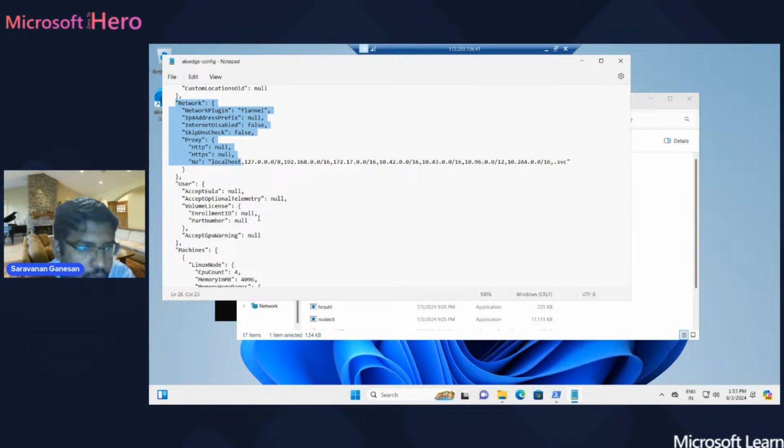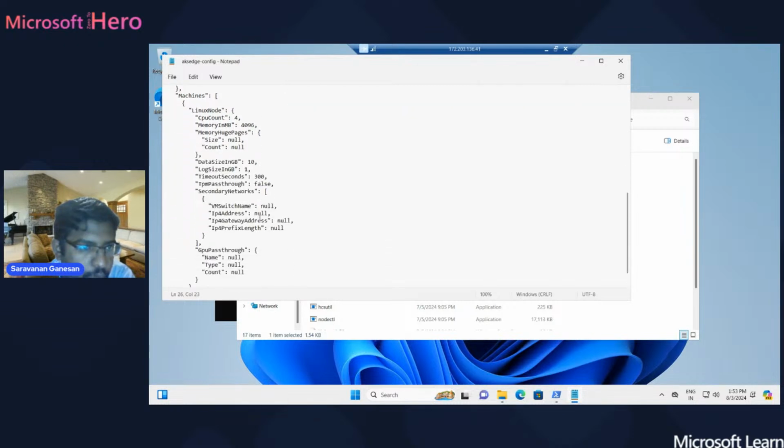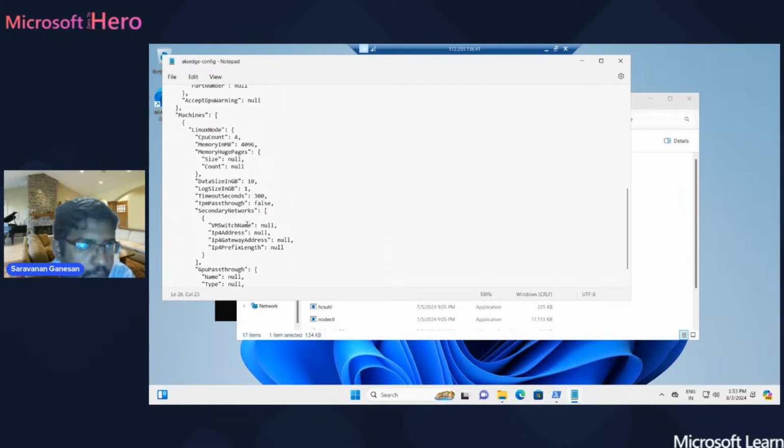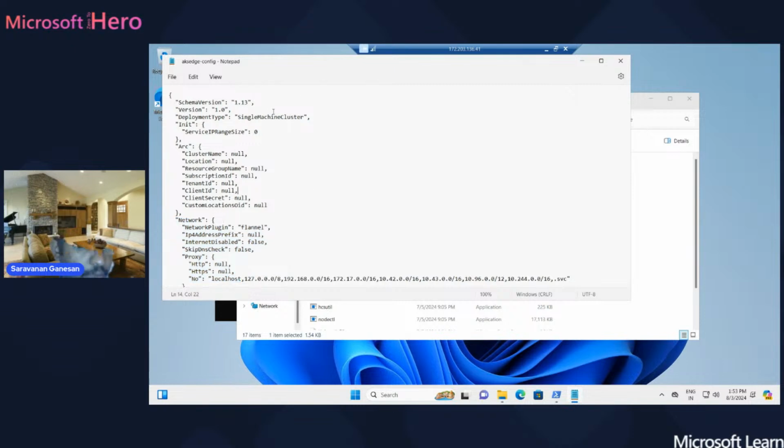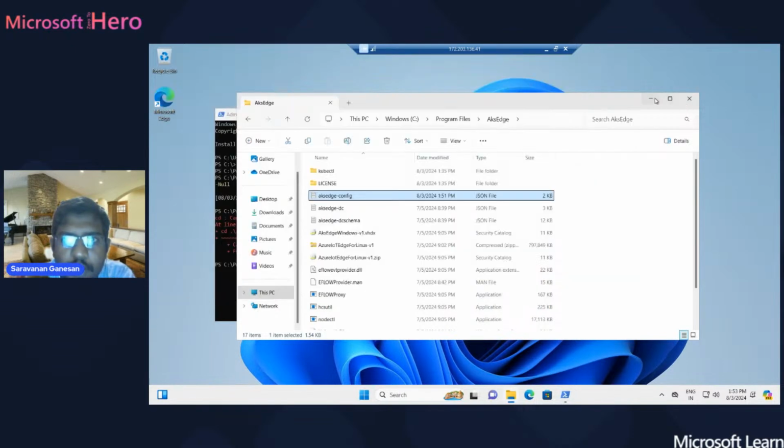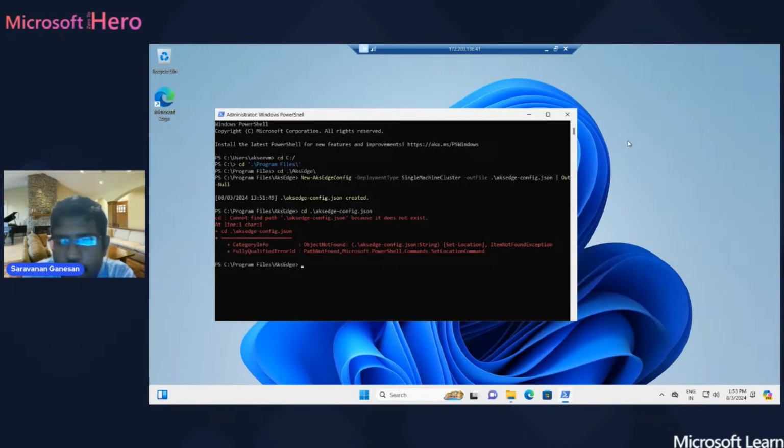and then the user and what kind of nodes we have been using, what kind of virtual machine we have been using. Everything will be here. Okay, so this is how we need to create a config file, and then you guys need to see